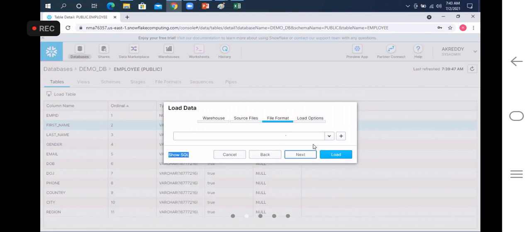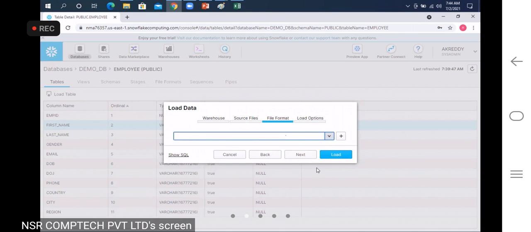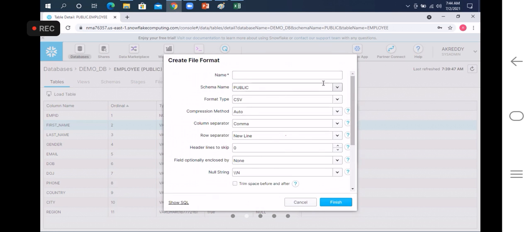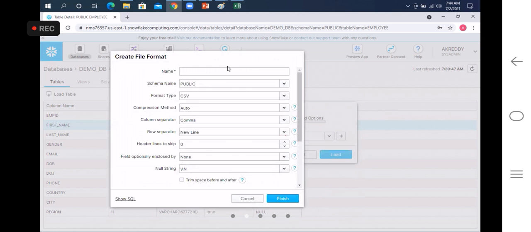We have selected a file from our local system, but which file format is it? There are no file formats created. We have not yet created a file format. So here we will get the plus symbol, right? You click on the plus button. Okay, you will get this pop-up, create a file format. Here you can make the CSV file format, and I am naming it CSV,